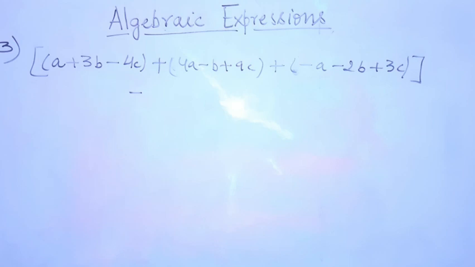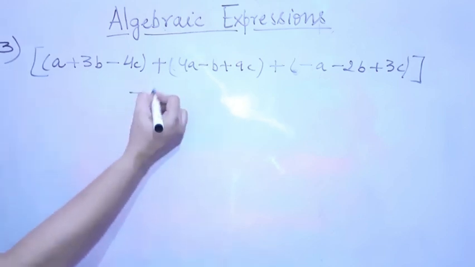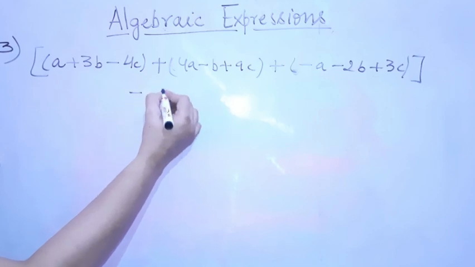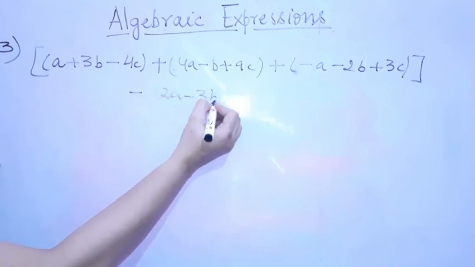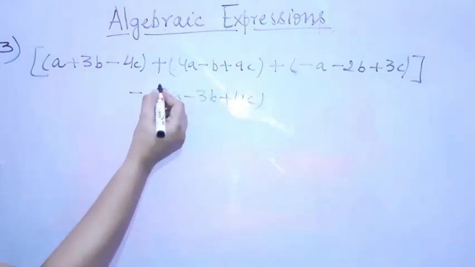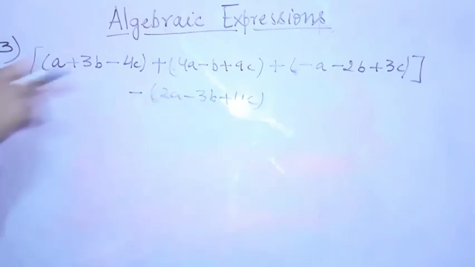Now I am going to tell you the mistake in the third algebraic expression. It was minus 2b plus 3c minus a. But as per the alphabetical order, it should be minus a minus 2b plus 3c. Okay students, and then we have to subtract 2a minus 3b plus 4c. We have to subtract this algebraic expression from the sum of all the 3 algebraic expressions.